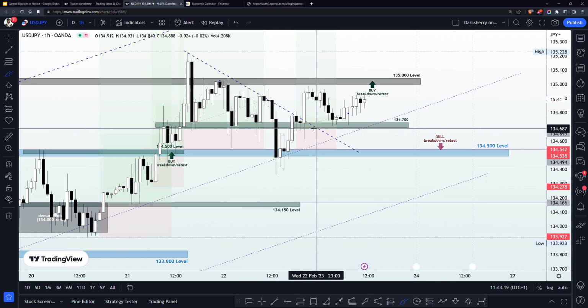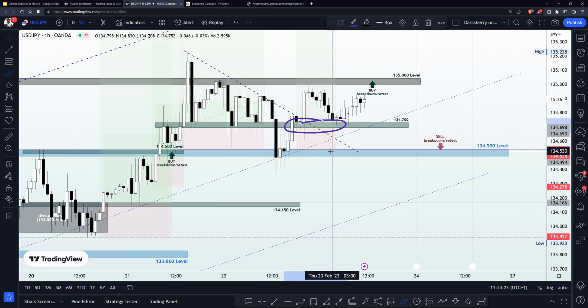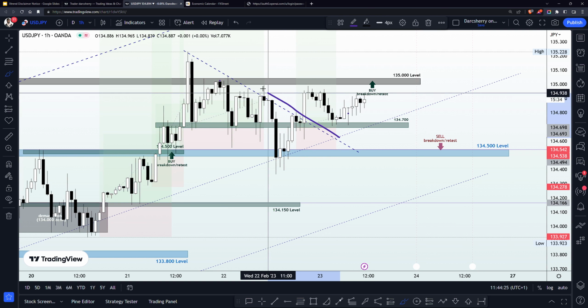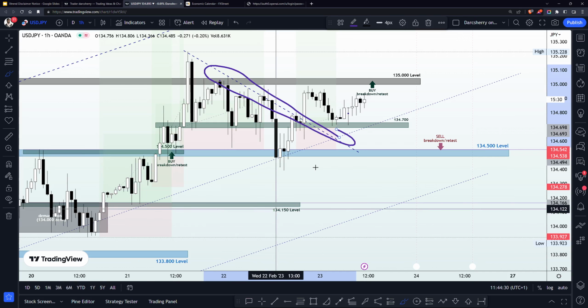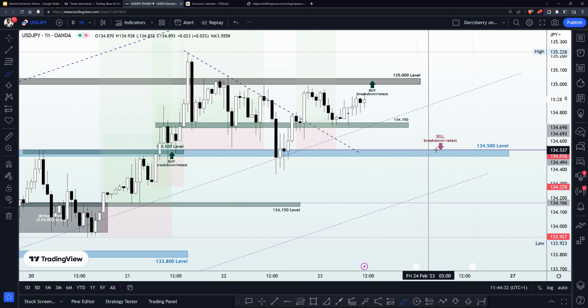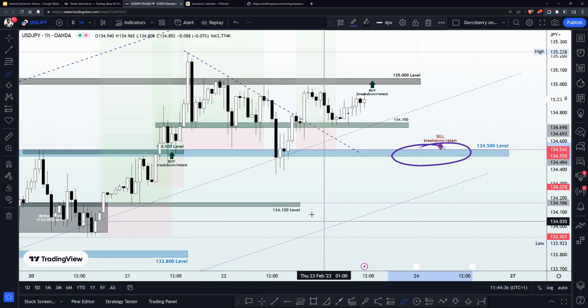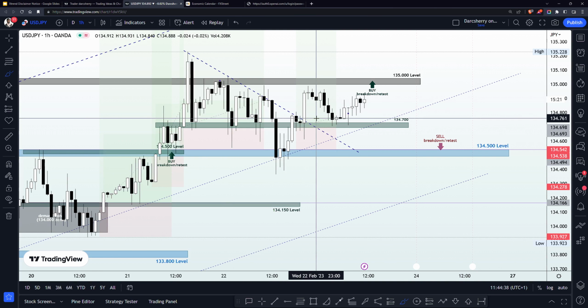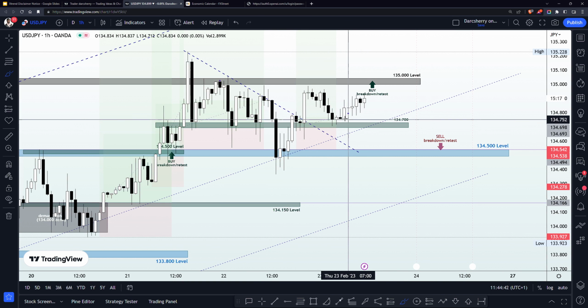And remember, we had the 134.700 level as a yardstick for a buying opportunity, and at the same time we had the bearish trend line here as a yardstick for buying and selling opportunity. I told you that a breakdown retest of the 134 will welcome a selling opportunity, and since we didn't have that, a breakout retest of the 134.700 triggered a buy position for us.